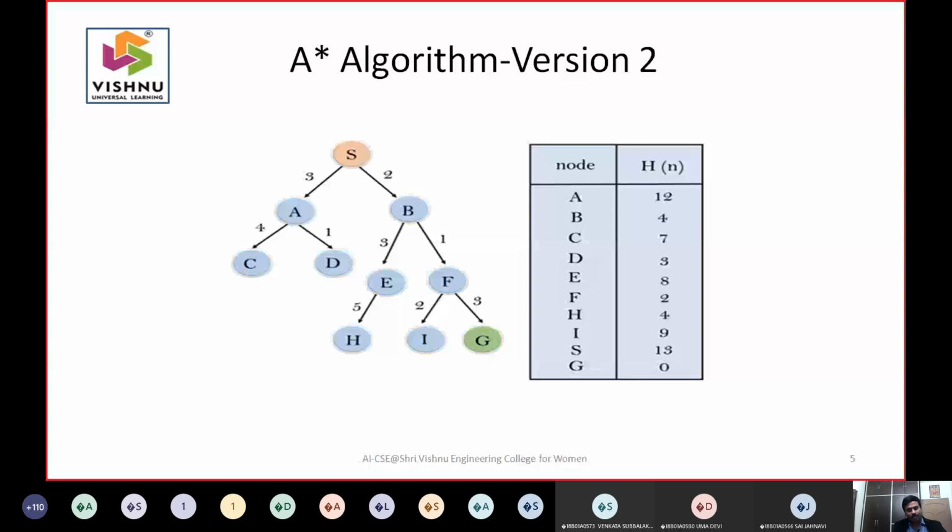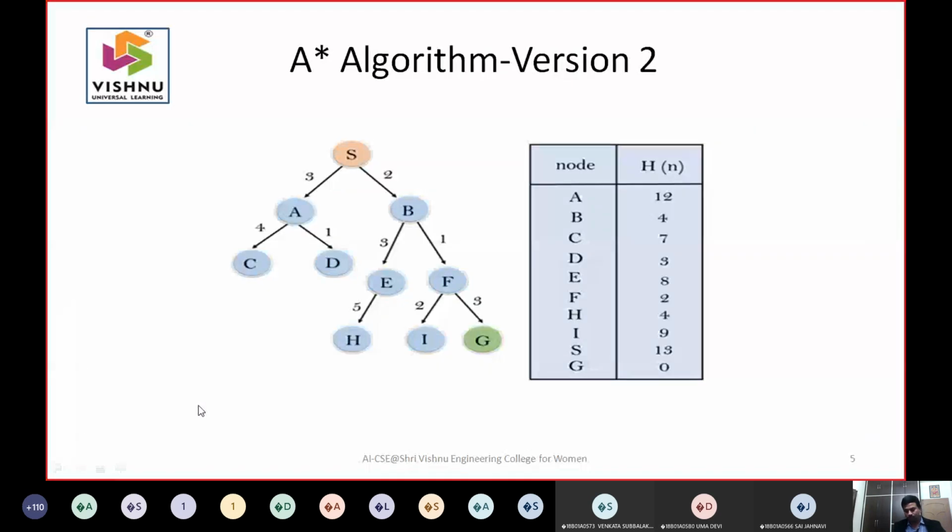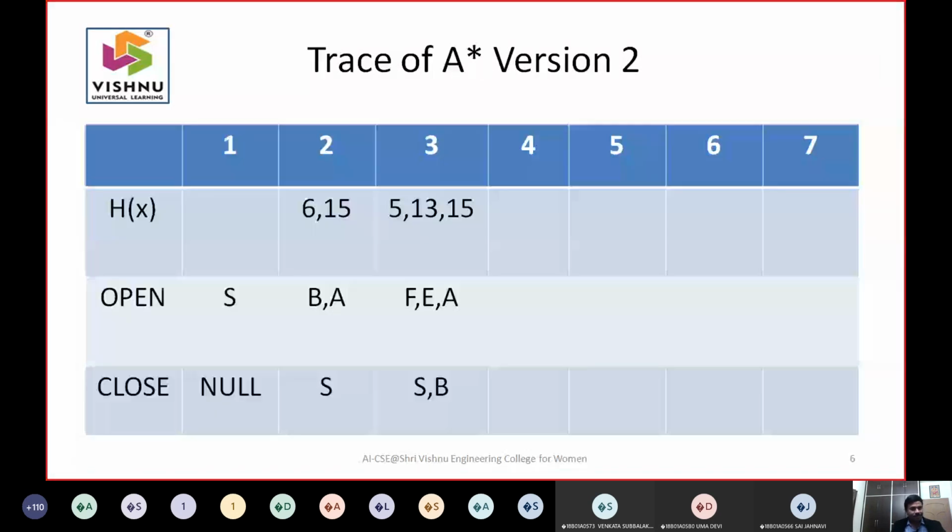At E the cost is 5 plus 8, that is 13. Is the third iteration right? Yes, sir.